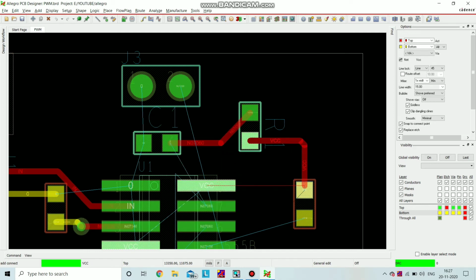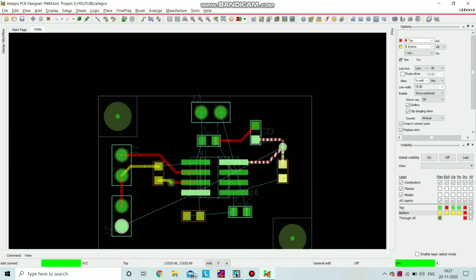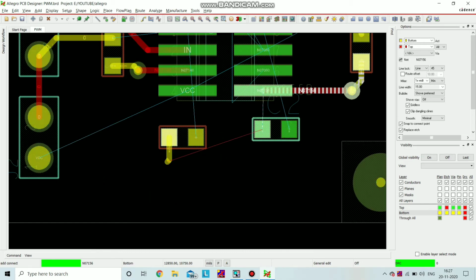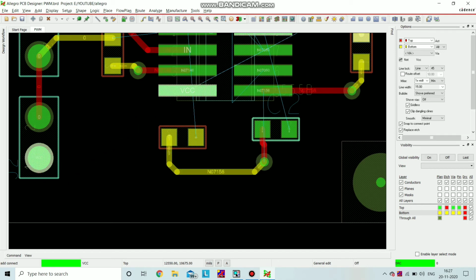We have to use a via, because with a through hole the pin comes from top to bottom, but SMD has no pin; it is mounted on the top layer or bottom layer. So when connecting a track from top to bottom, we have to use vias. For a via, just double click, and automatically it goes from top to bottom.